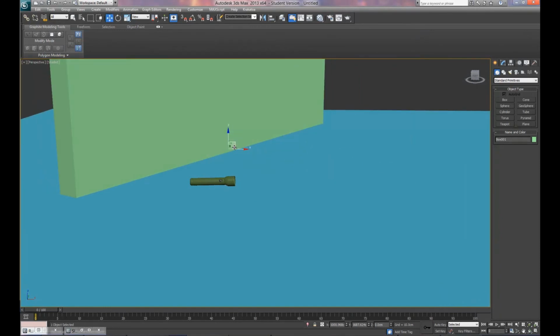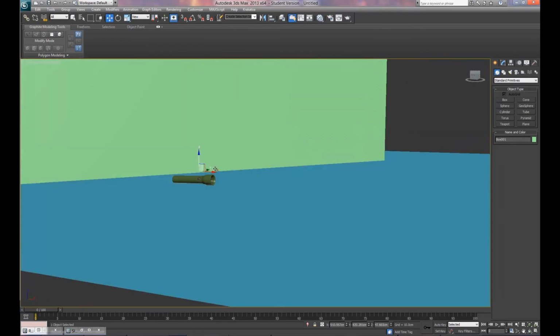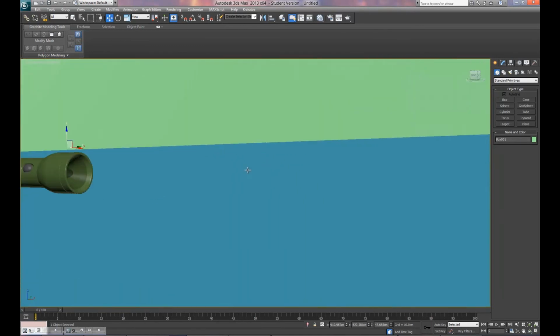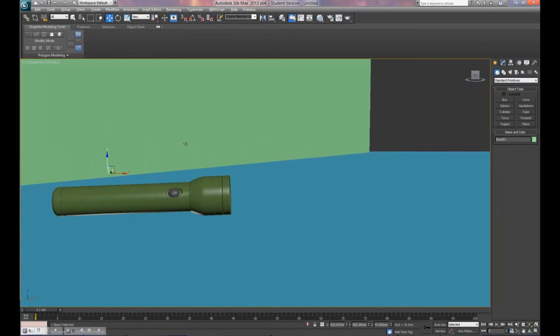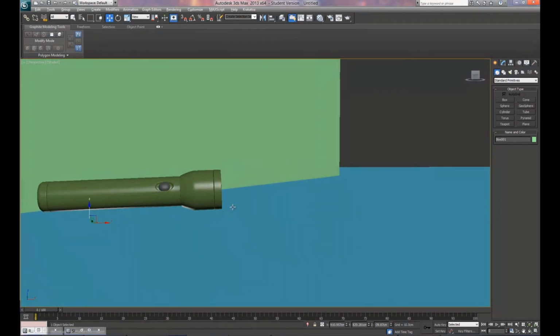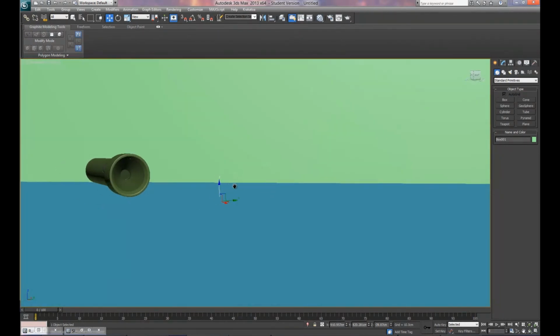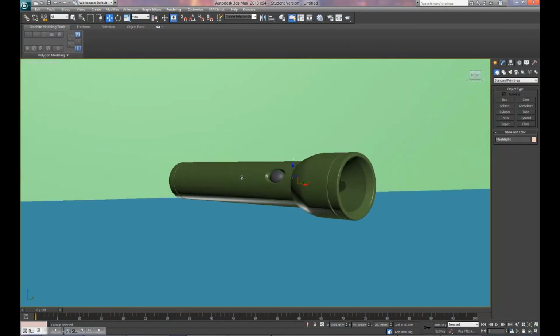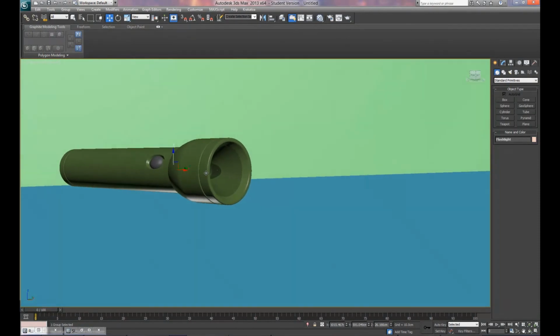Let's actually position this behind the flashlight. Let's start setting up how we want our scene to be. So just try and find an angle that you like. I prefer